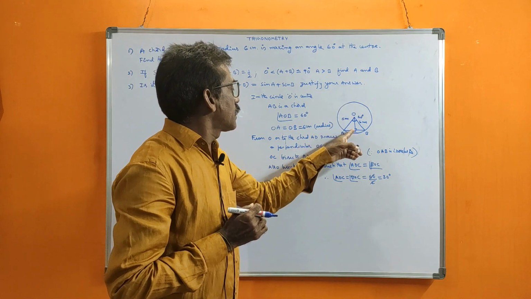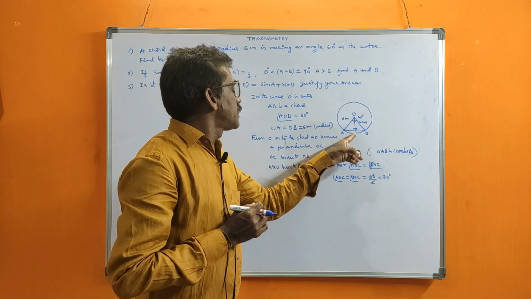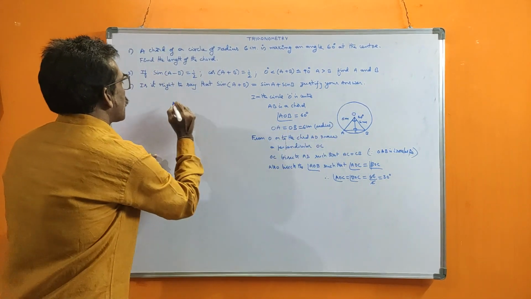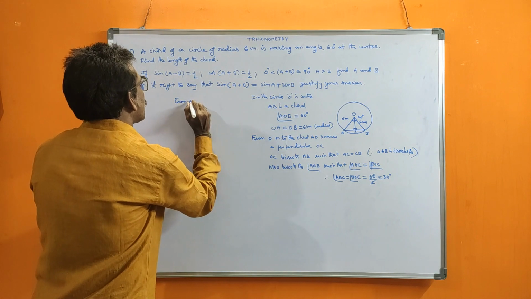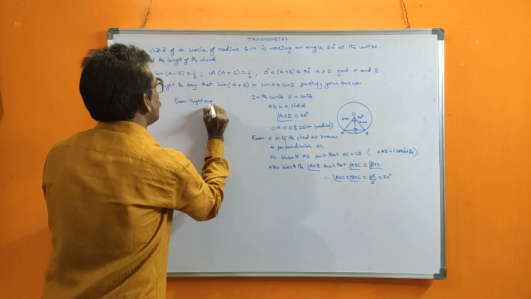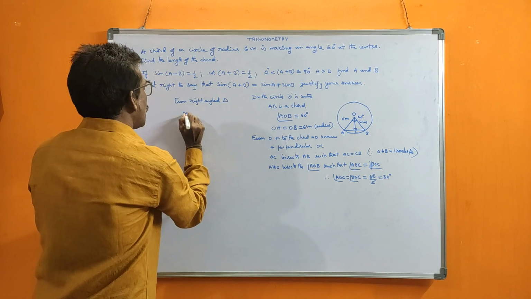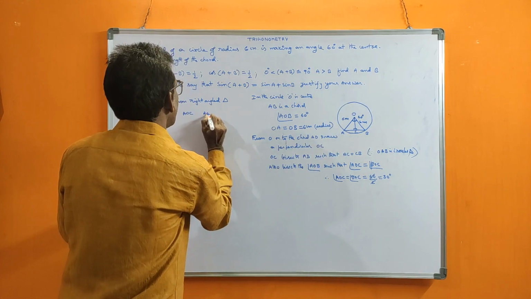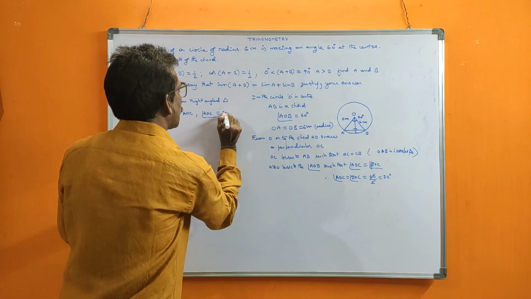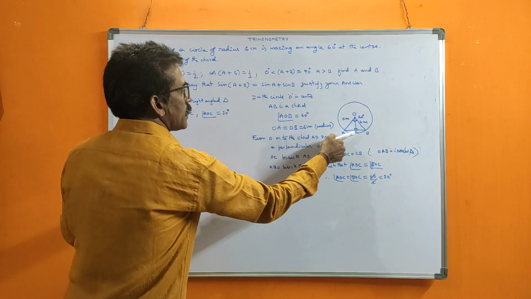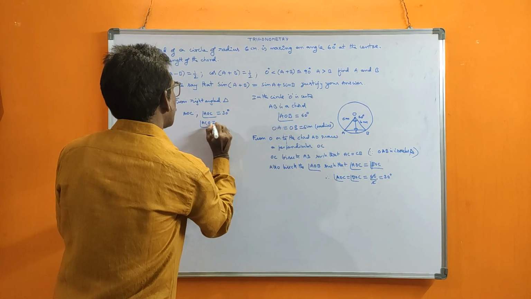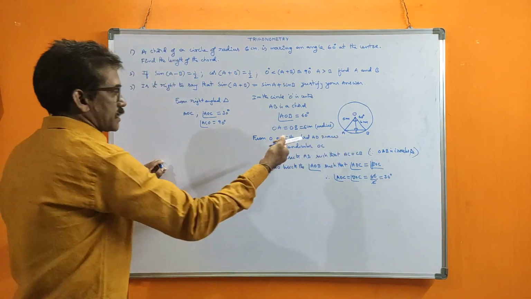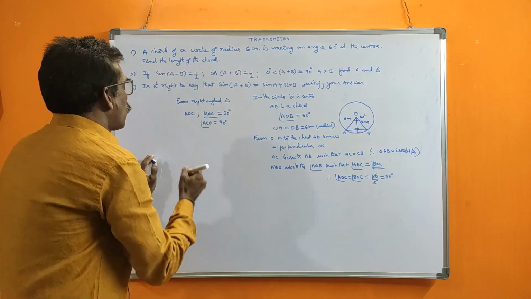So that's why we should take the right angle triangle OAC or the right angle triangle BOC. I am taking the right angle triangle OAC. From right angled triangle AOC, angle AOC is equal to 30 degrees, and angle ACO is 90 degrees. We know ACO is 90 degrees, that is by construction. We only constructed it. Now we apply.